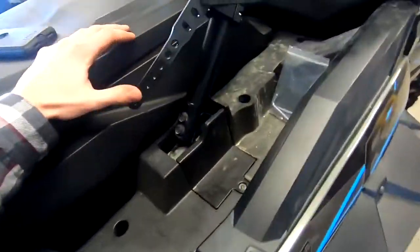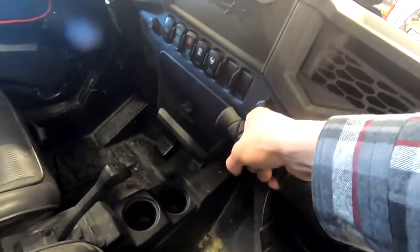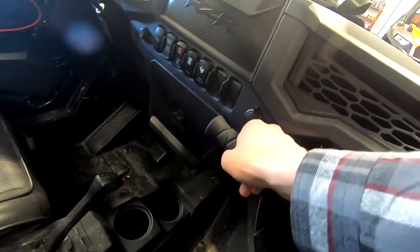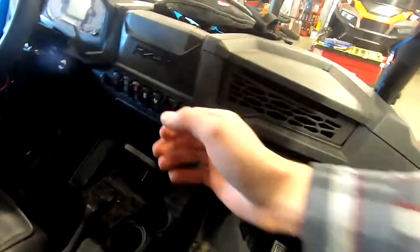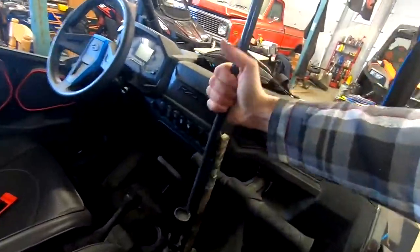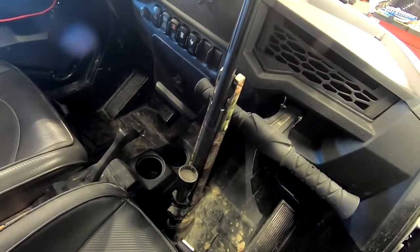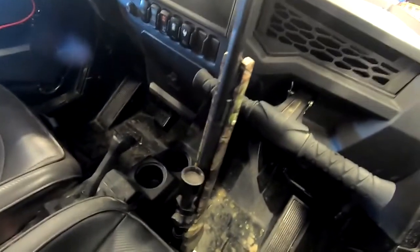You could also modify one to maybe grab this bar honestly right here and then have it right here, or maybe right here would be thick enough. You might have to just shim it underneath to get it around here, and then you could honestly just stand your gun up in there like so. Like you could stand it up like this, and that would work too. You could use both mounts like that honestly, and that would be